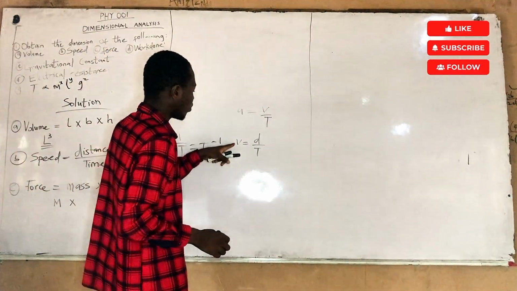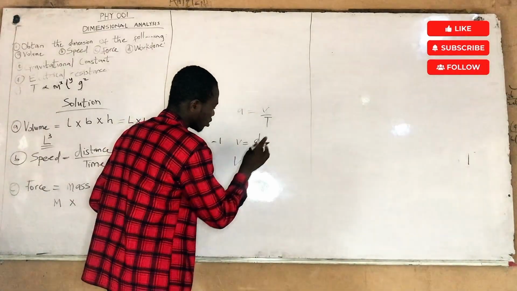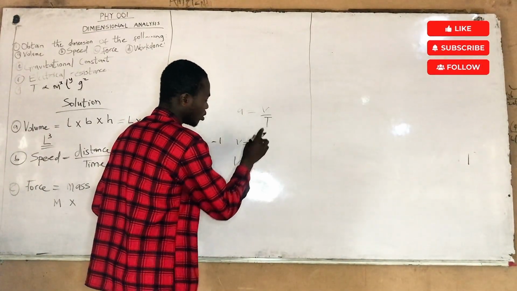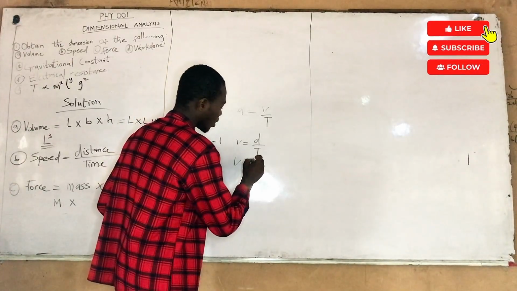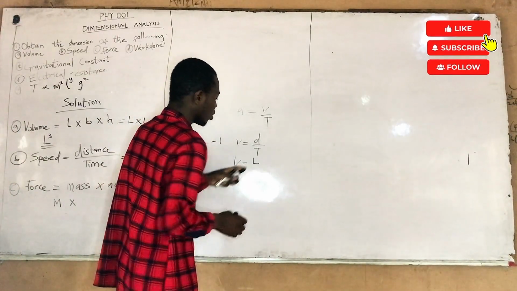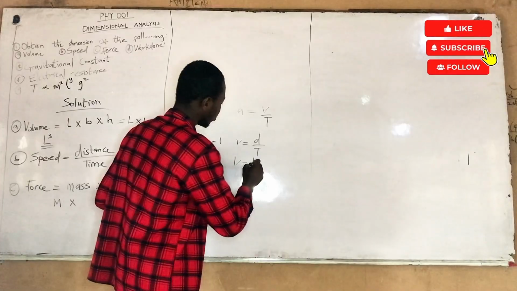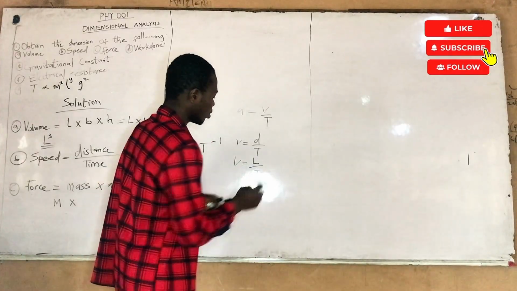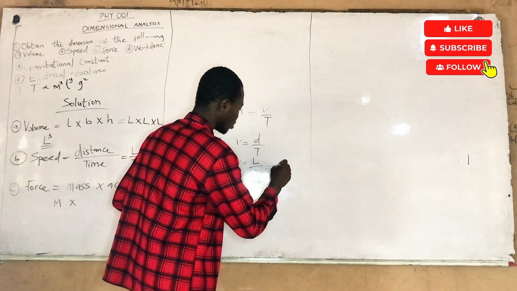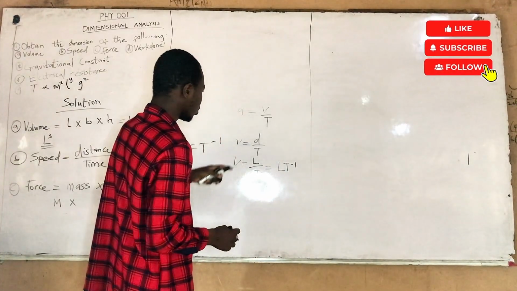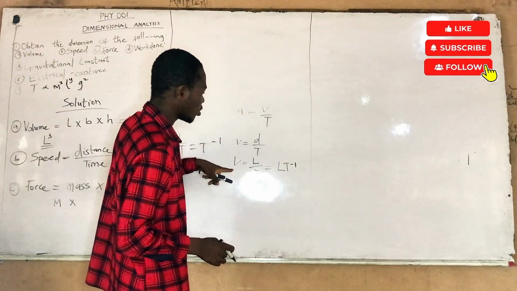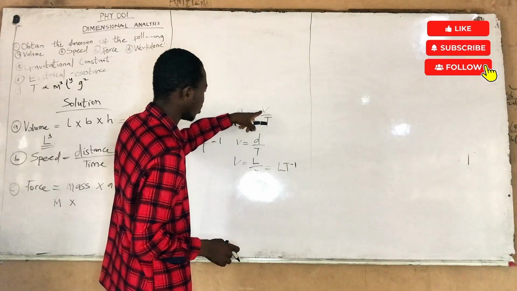So from velocity, distance over time, the d is distance. You can represent it by L, while the time is T, you can represent by T. That means your velocity here is L T raised to power minus 1. So since you have gotten your velocity here, you can input it in this acceleration